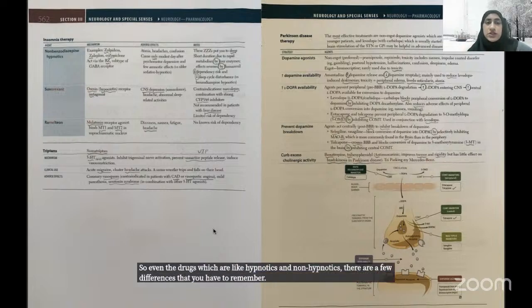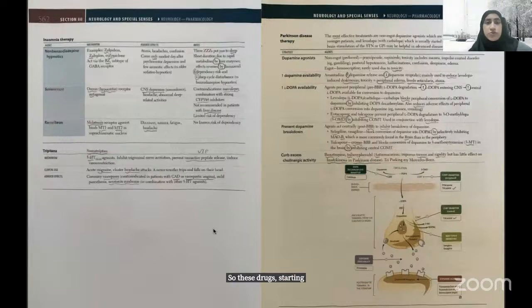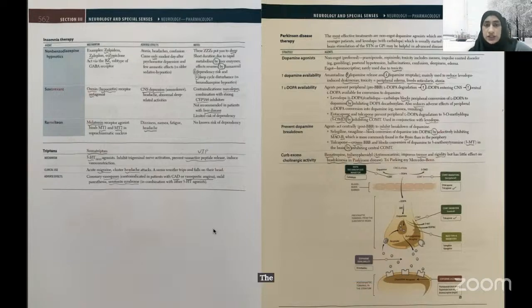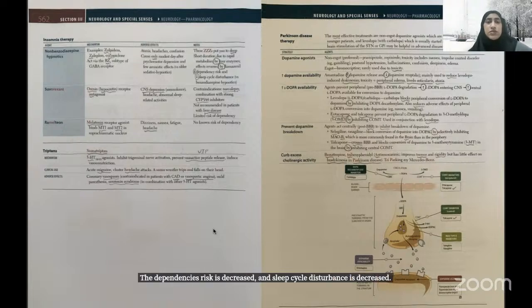So these drugs, starting with the letter Z, put you to sleep. Sleep duration is short due to rapid metabolism by liver enzymes. These effects are reversed by, remember, the important drug flumazenil, which we just discussed. The dependency risk is decreased and sleep cycle disturbance is decreased versus the benzodiazepine hypnotics. So there are two differences. Moving towards the next drug,